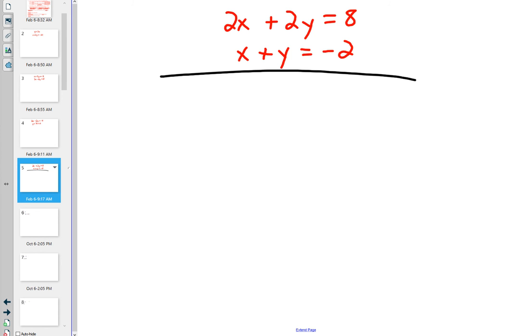All right. So which method should we use for this one? Yeah, I like elimination for this one. So let's do that. Why elimination? Both equations are in standard form. But I do not have matching coefficients, so we have to pick one of the two variables and make them